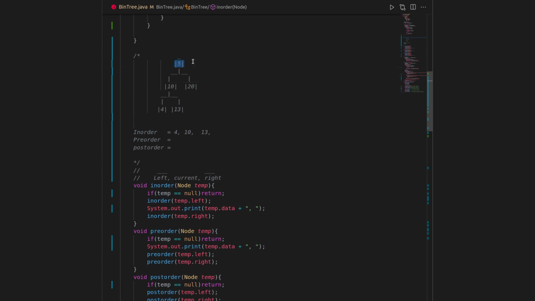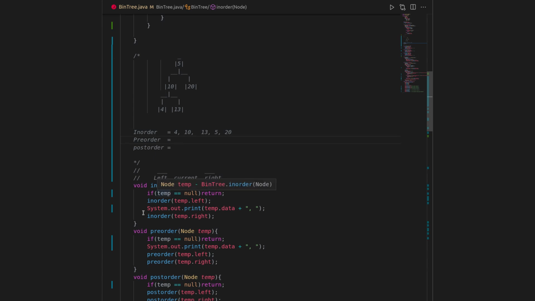Now we can print the value of node phi because it is the current element. So we print phi. Then after that we recursively execute the same function on the right child of phi, which is 20. So we will pass the node 20 here and we will execute this function. Then again, as its left and right children are null, we will not print anything for the children. We will just print 20, right?